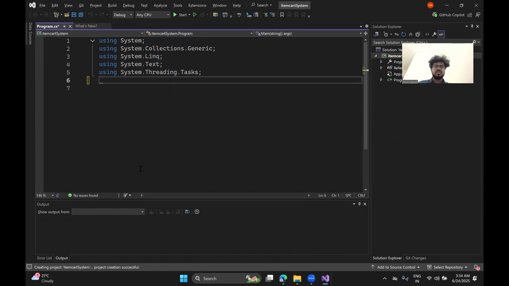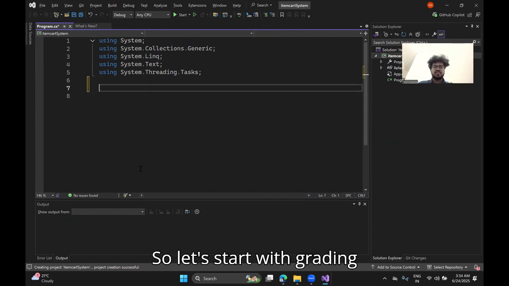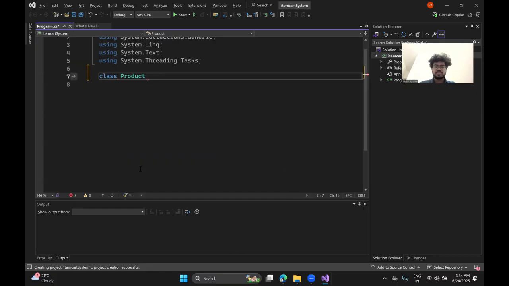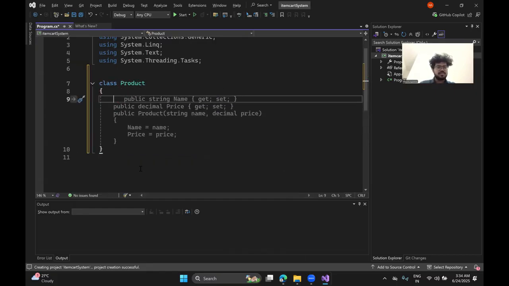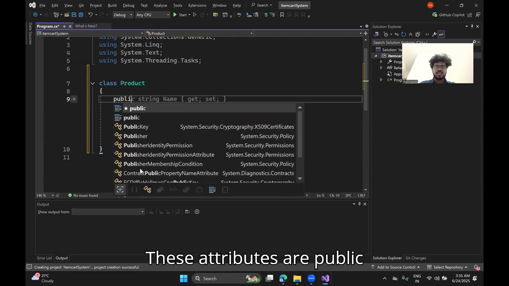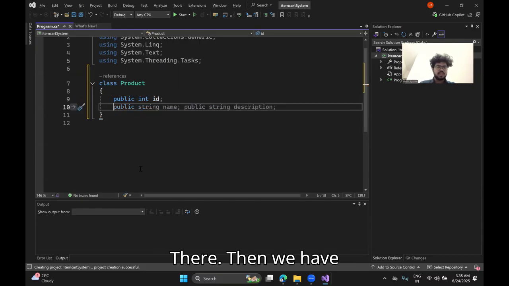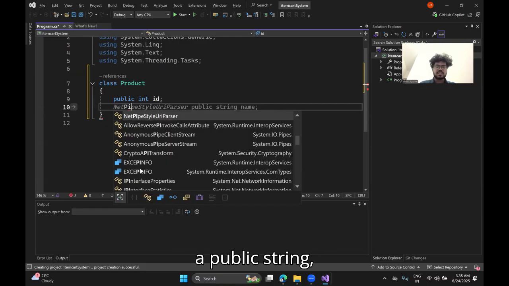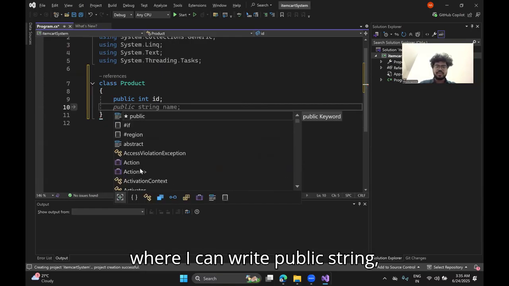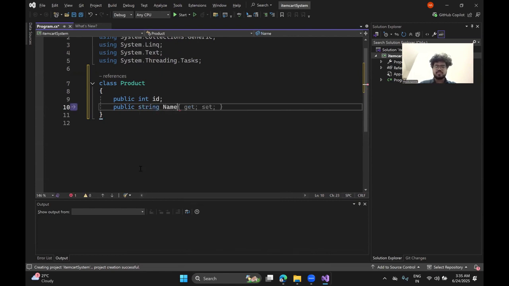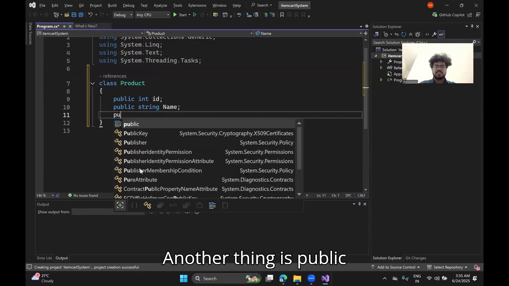Let's remove this. So let's start with creating the class of the product, which has basic attributes as a public integer, which is the ID. Then we have a public string, which is the name. Another thing is a public